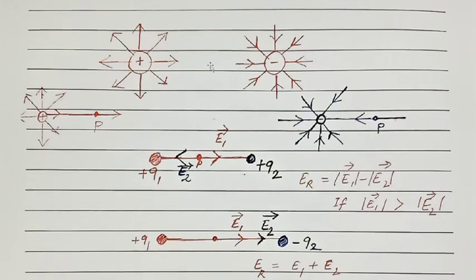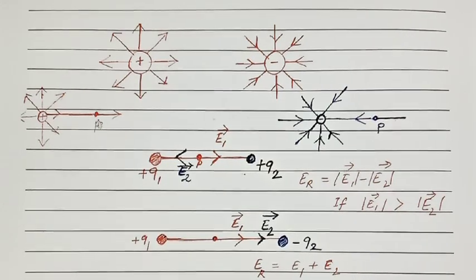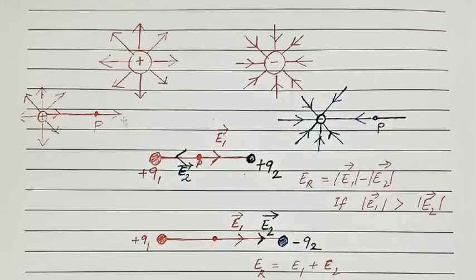So it is clear that electric field lines are continuous curves. Electric field due to an isolated charge extends up to infinity. Now if you want to draw the electric field vector at a point P near an isolated positive charge, you have to draw like this. As field lines are radially outward, through that point P also this field line has to pass like this. So this is the electric field vector at point P.